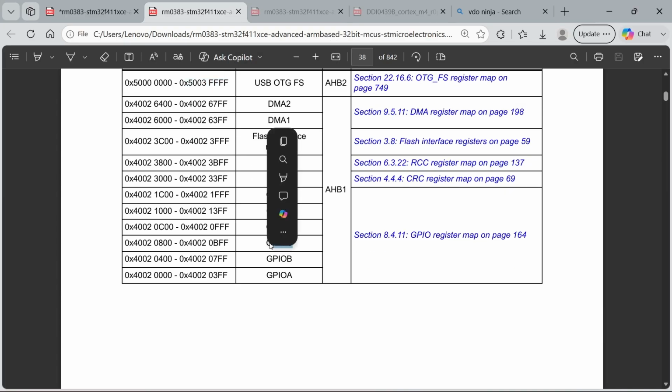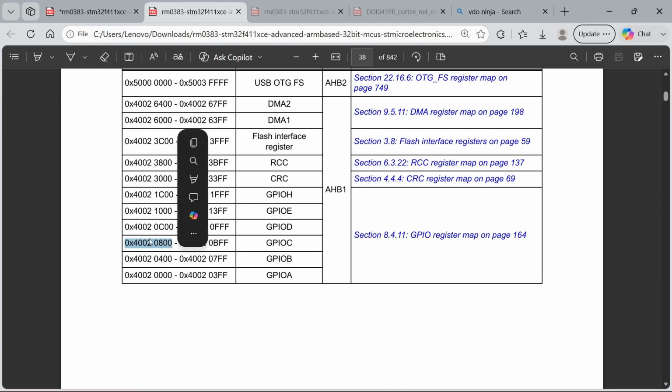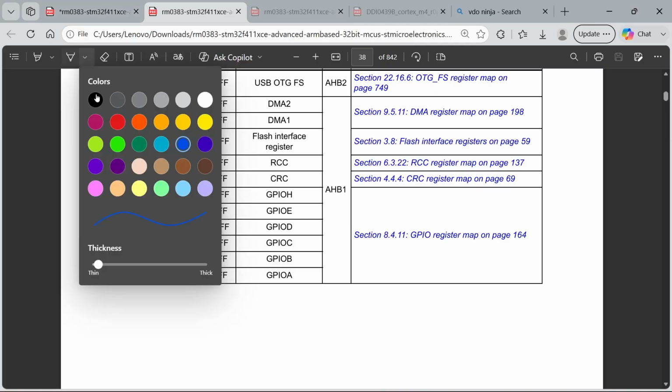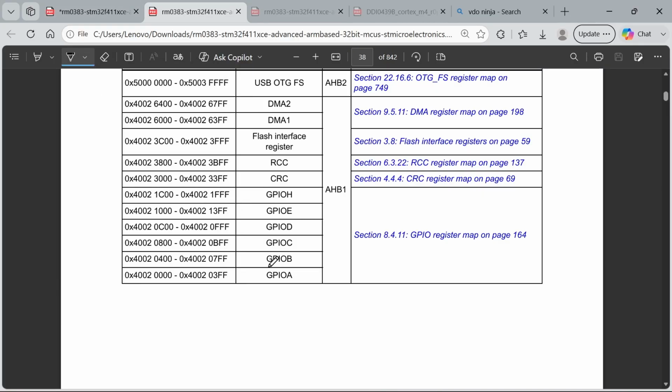Since for C13 we need to toggle with GPIOC, we will note the base address. It is very important. GPIOC. Important.